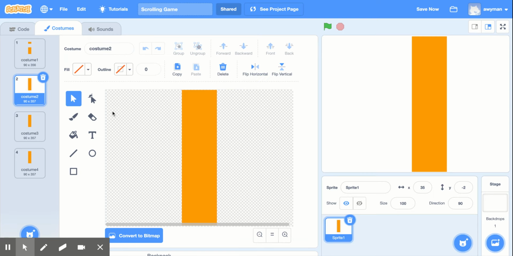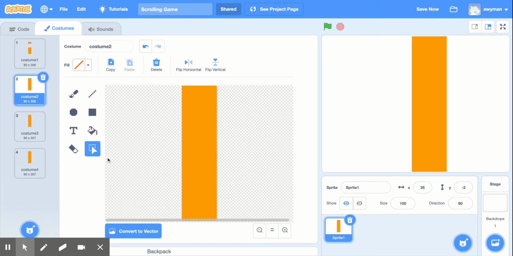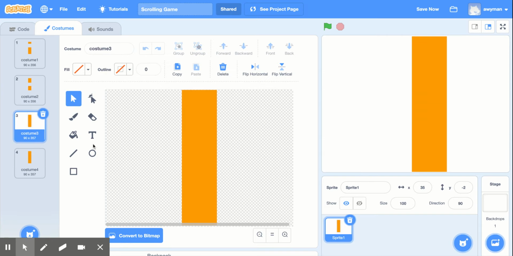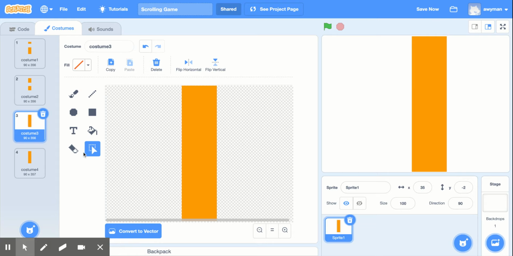And I'm going to go to number 2 and cut out a different section. So same thing, I need to convert to bitmap. Make sure I select this selection tool. I'm going to go down a little bit and cut out. You want to get it approximately the same height that's cut out. And then I will continue that to the third one, convert to bitmap, make sure my tool is chosen,